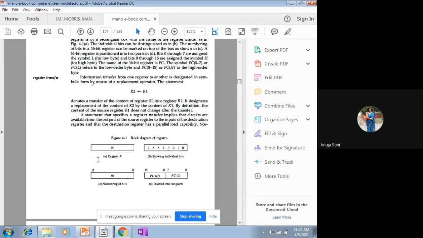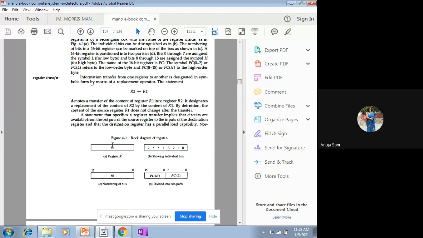And the entire register, this is the notation of the register. The capacity of the register may vary from the configuration of CPU to CPU, basically. So the size of the register may either be 8 bits, or it may be 16 bits, or it may be 32 bits. It all depends on the specifications of that specific kind of the CPU, in the context of which we are going to talk about the register transfer language.